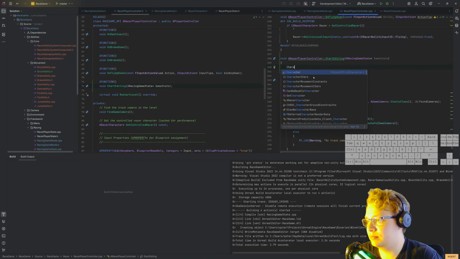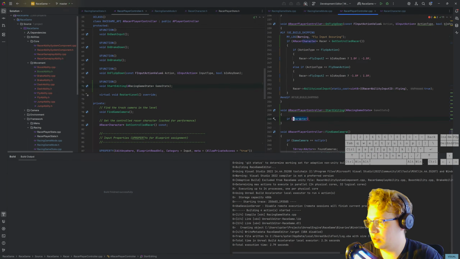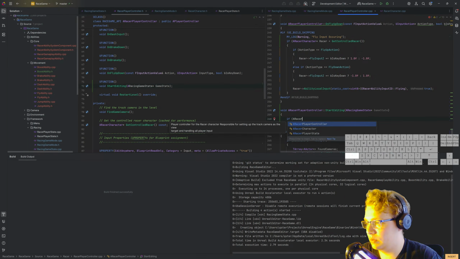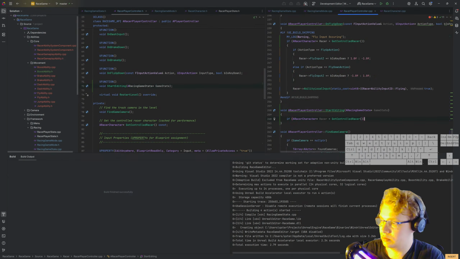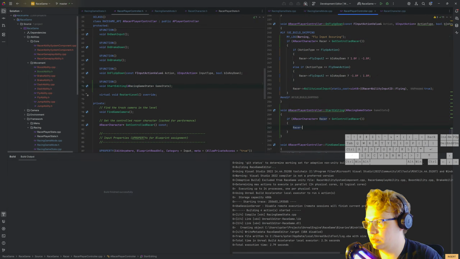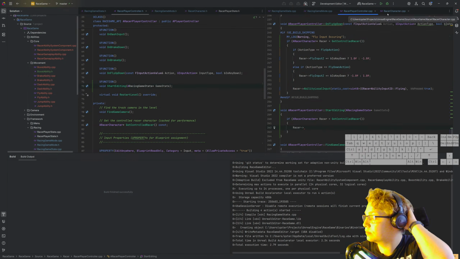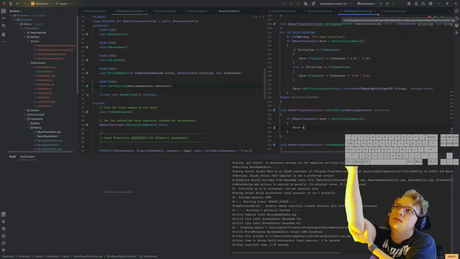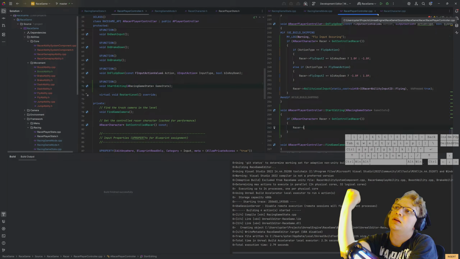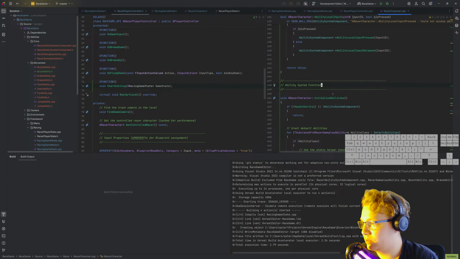We need to get the character. If racer character. Oh dear. A racer character. Racer equals get controlled racer. Then racer add grant ability. What was it? Maybe it should just be controlled locally. Yeah, I am gonna do that. Instead of start editing being in here, that is going to be